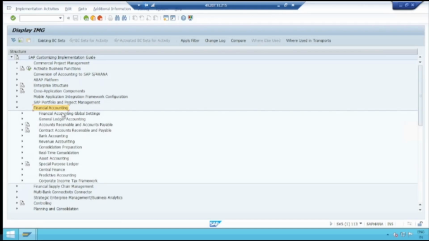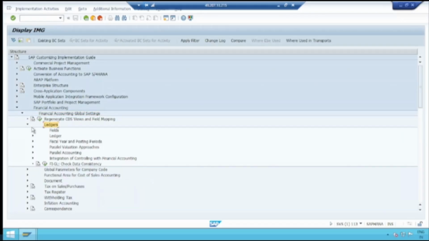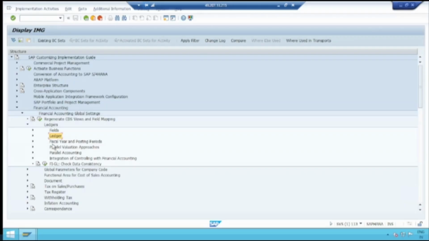Since we are discussing the global settings, under Financial Accounting Global Settings we go to Ledgers, expand it, and then again Ledgers, and here don't go to the ledgers, go to Fiscal Year Variant, Fiscal Year and Posting Period,